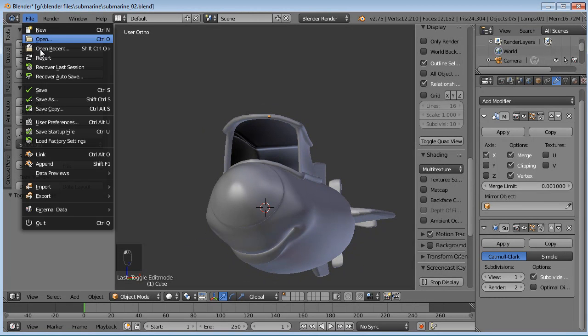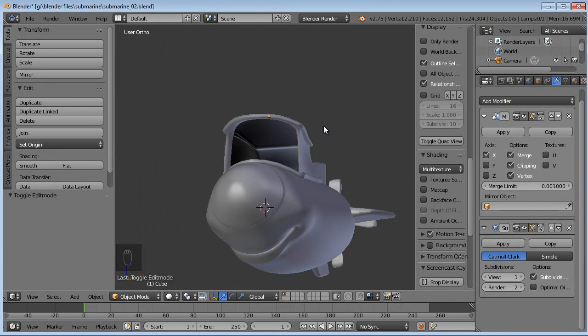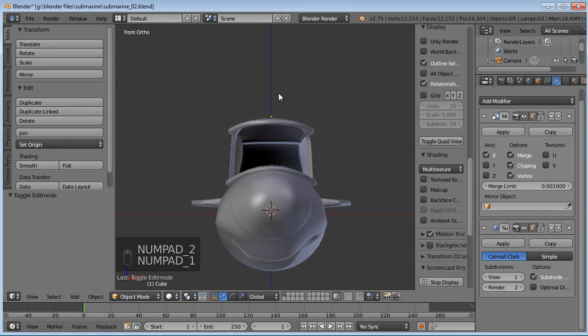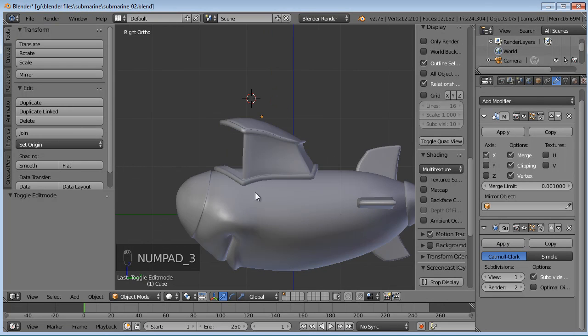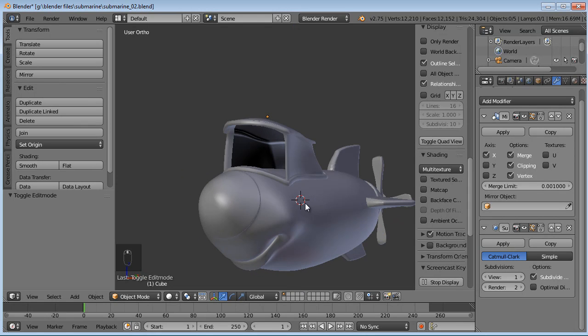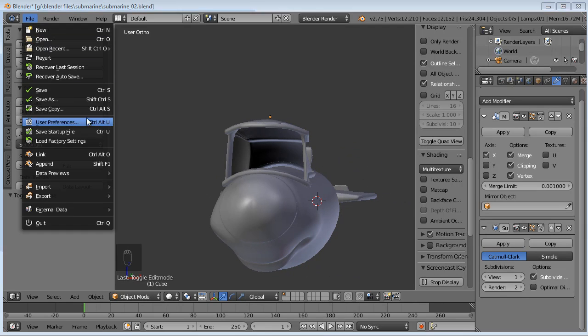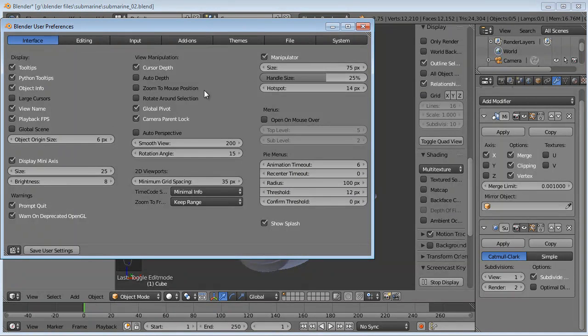Sometimes if you don't change the user preferences, the cursor depth will be turned on, and it'll do like I was just saying. So you get it centered up here in the center of the scene, okay, so it's the middle there, and then say middle of the head. So it should be like it was before, in the middle of the head, but the cursor depth is set to the surface of our model, and we don't want that at this point. So go ahead and turn that cursor depth back off.